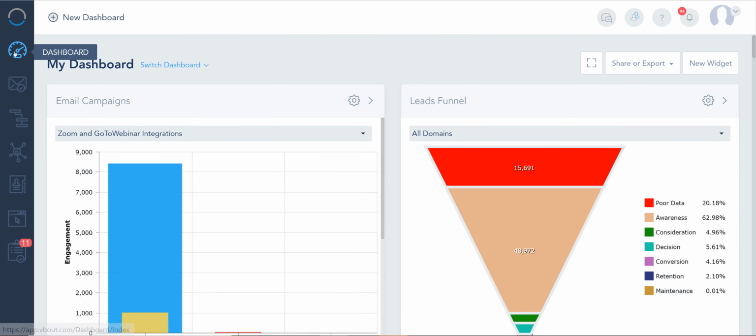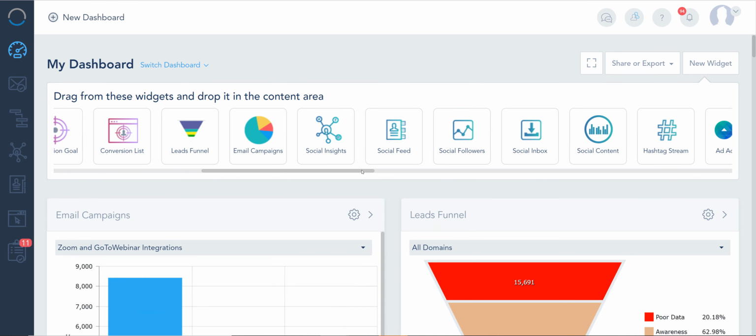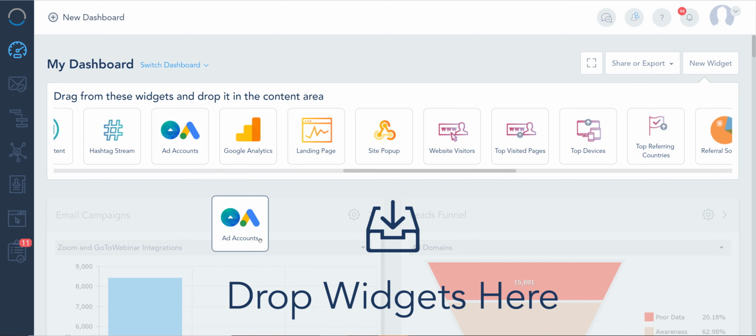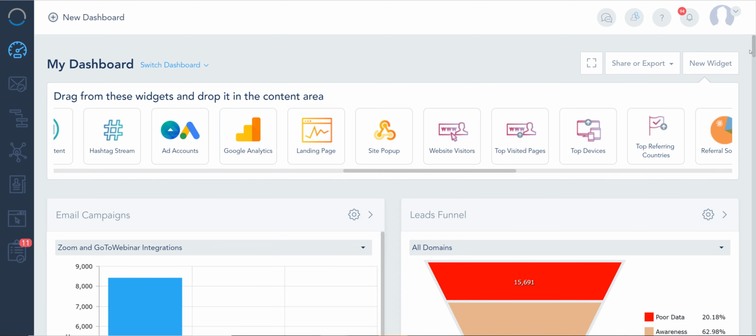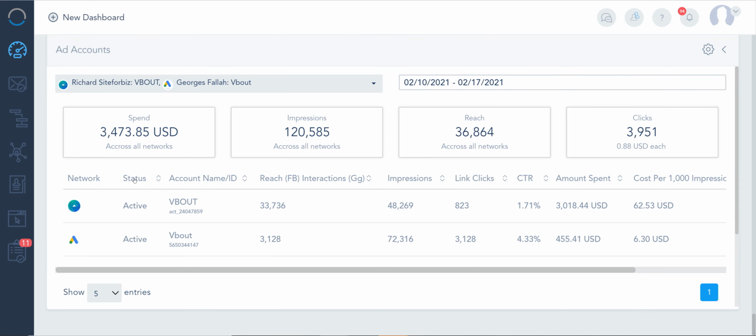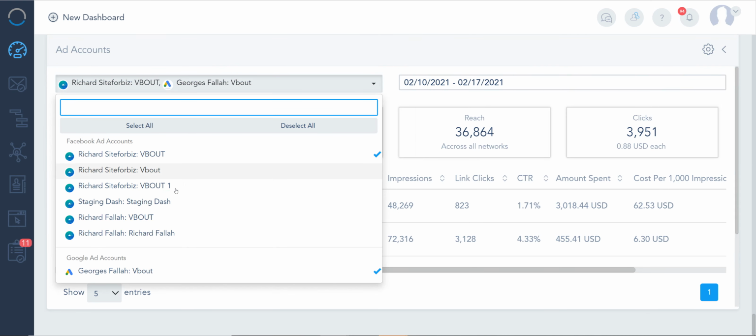This is the dashboard utility where you can build your own reports. You can make these reports stacked, meaning I can click here, new widget, scroll a little bit to the middle, and you're going to notice there is an add account widget. So just drag it and drop it, and immediately it adds to the bottom of the page or your report a stacked view. For instance, I can see the aggregate spend between my Facebook ad accounts